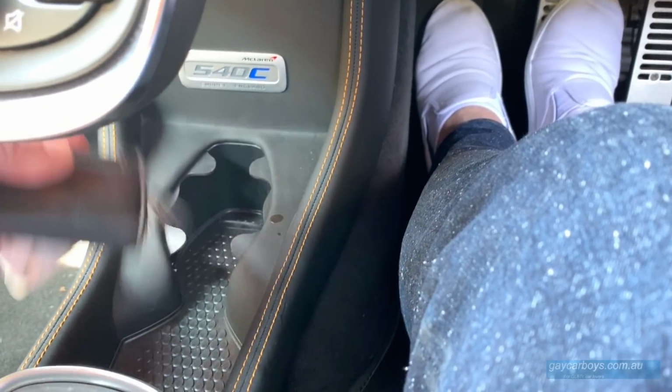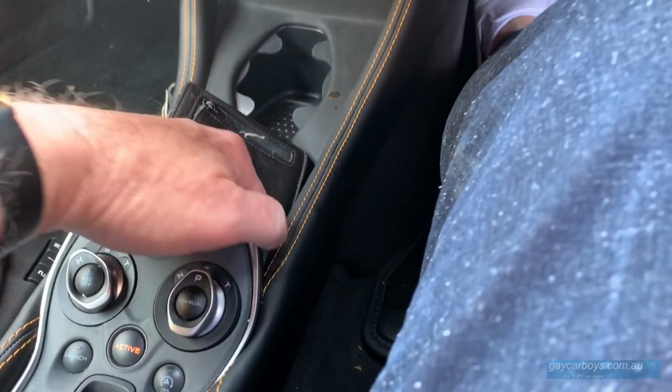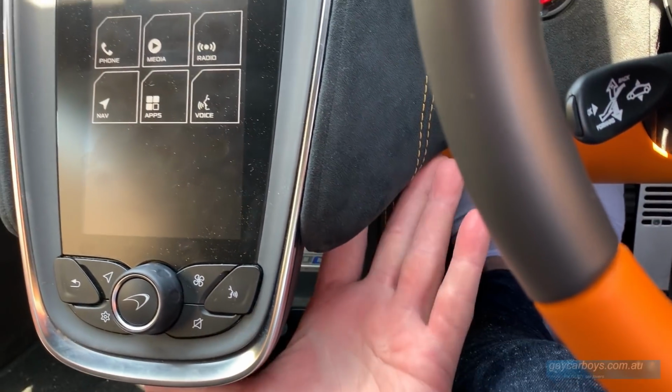It's got a glove box. It's got some cup holders. It's got a center console. And you can even, if you want, put a couple of soft overnight bags in the front for a weekend away. And at the launch of the 600 LT, so the long tail version,